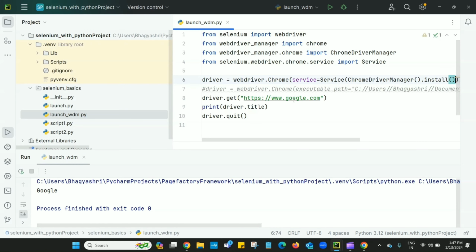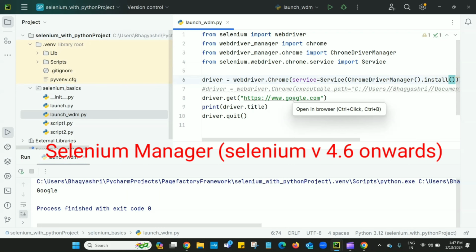So this is about WebDriver Manager. Now another way, if we don't want to use WebDriver Manager and don't want to pass the executable file path, is to upgrade our Selenium version to 4.6.0 or later. Let's check this.